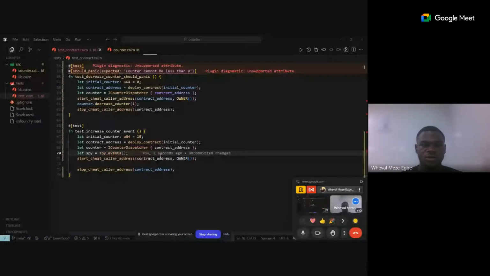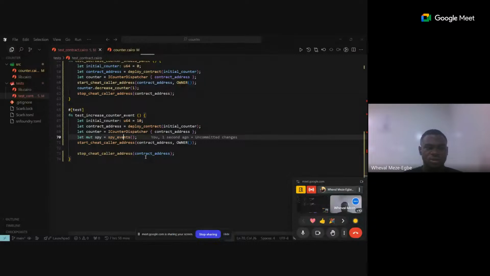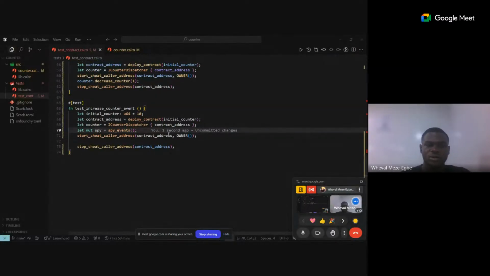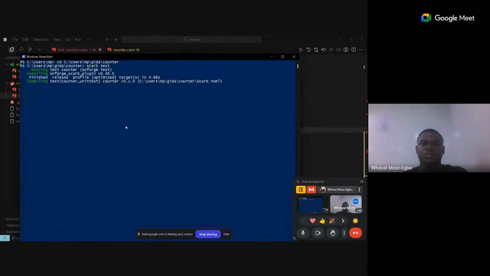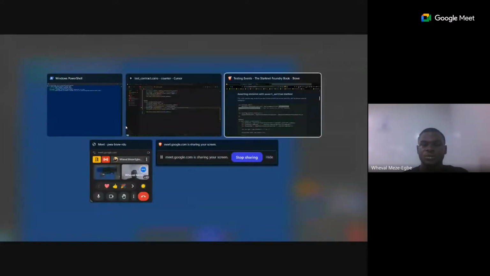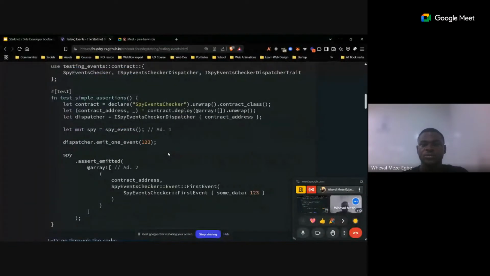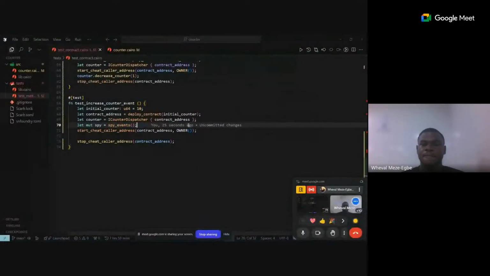And if I just control click on this, it opens up a little documentation about the code from the SN Foundry library. Okay, it just returns a